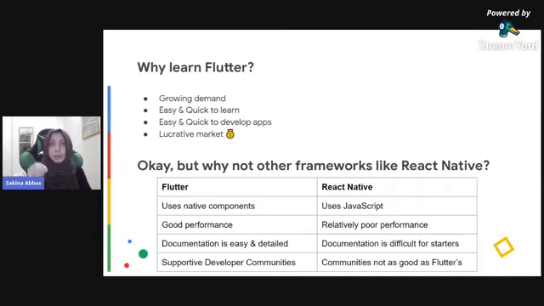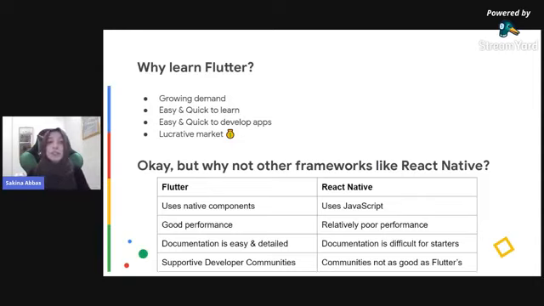It requires you to do some tweaks and changes for the configurations. So for instance, adding the key in the iOS project or adding the key in the Android project, these are the smallest bits of changes that you need to do in order to get these things started and injected, right? So you don't exactly have to write the entire code, just small tweaks here and there when you're publishing the application per se. And then obviously I've also demonstrated to you that Flutter is a hot market. It's a lucrative market. You just have to learn it very well, and you just need to know where you can apply it, all right?